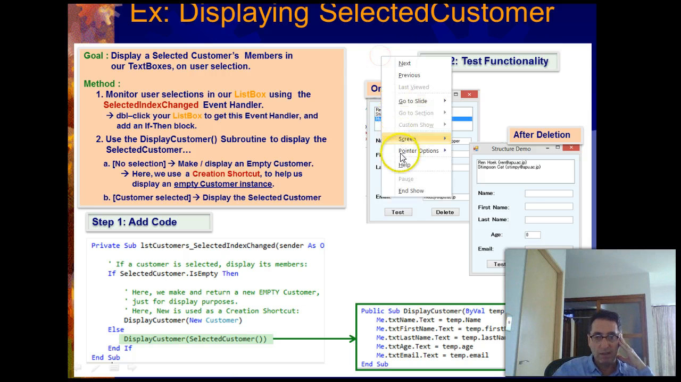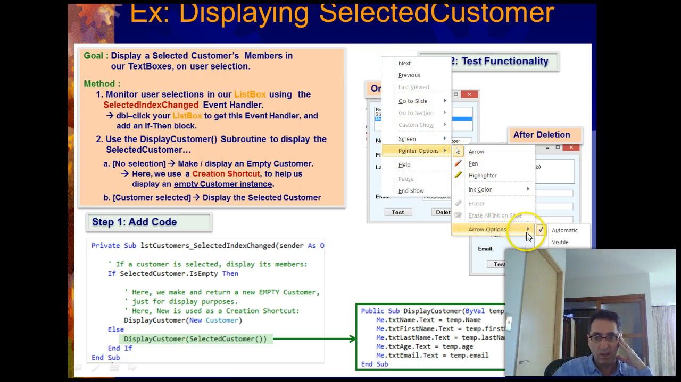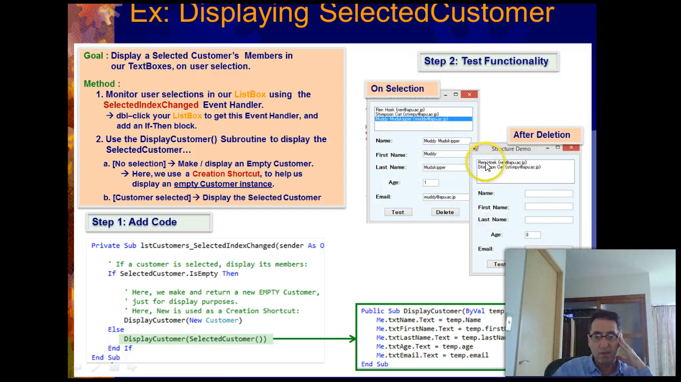What that means is, if we click on this customer here, we want to see their information here. Okay, so the way we're going to do that is there's an event handler called selected index changed. So like if you click here, you want one thing to happen. If you click here, you want something else to happen. You can access or create this